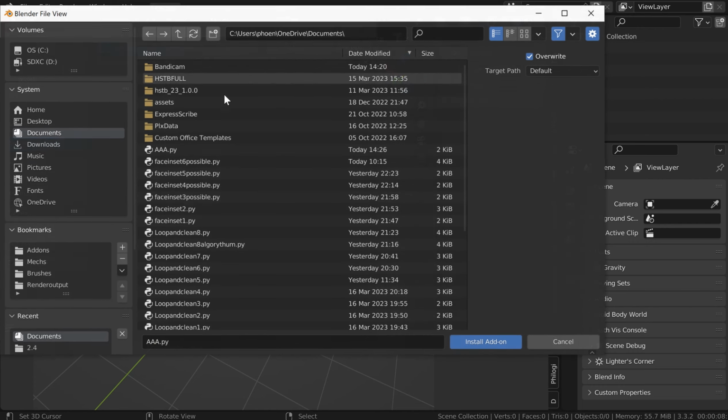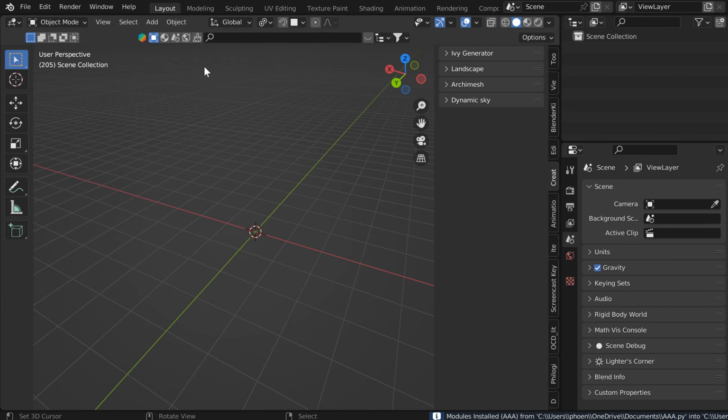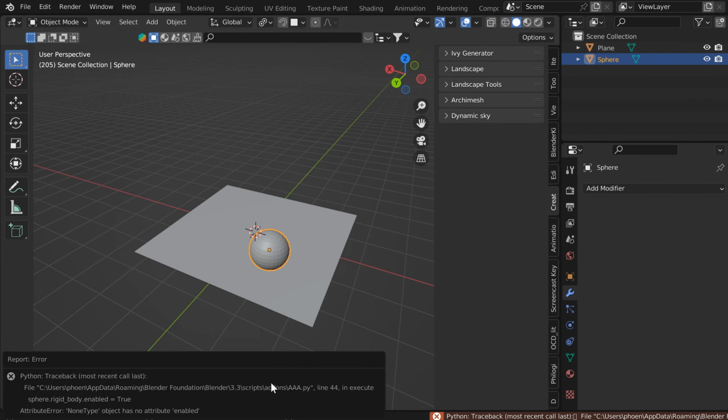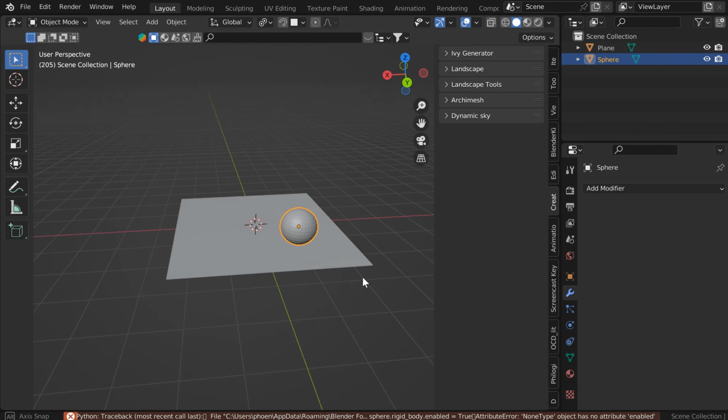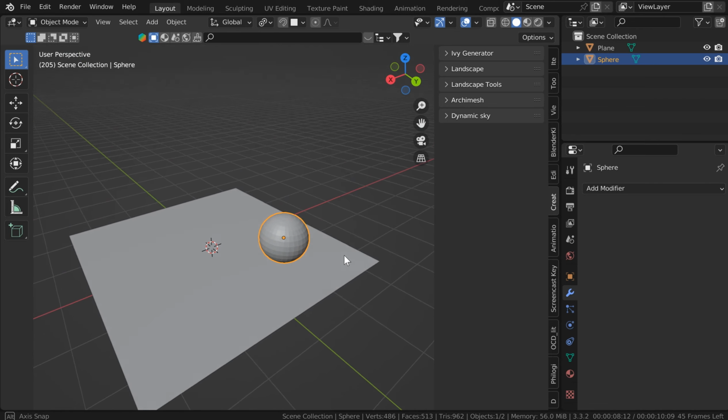I think I'm jumping too far ahead. Okay, so let's get that installed and add UV spheres. And now you come up with an error: NoneType object has no attribute enabled. All right, so you ended up with one sphere and a plane, potentially, because there's no telling what ChatGPT is